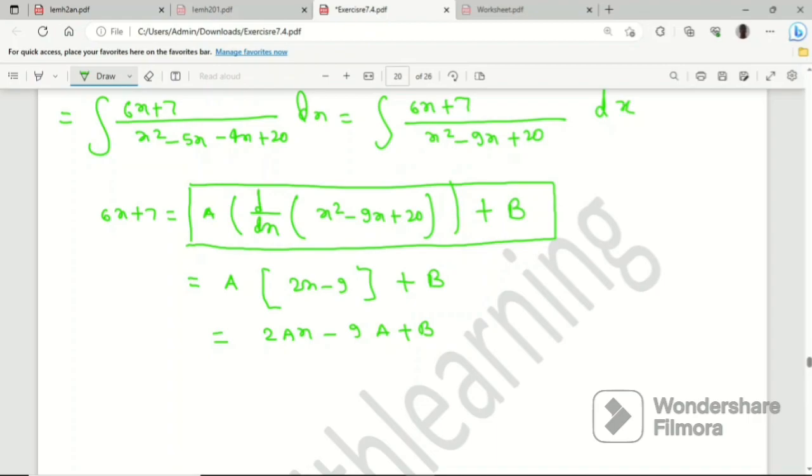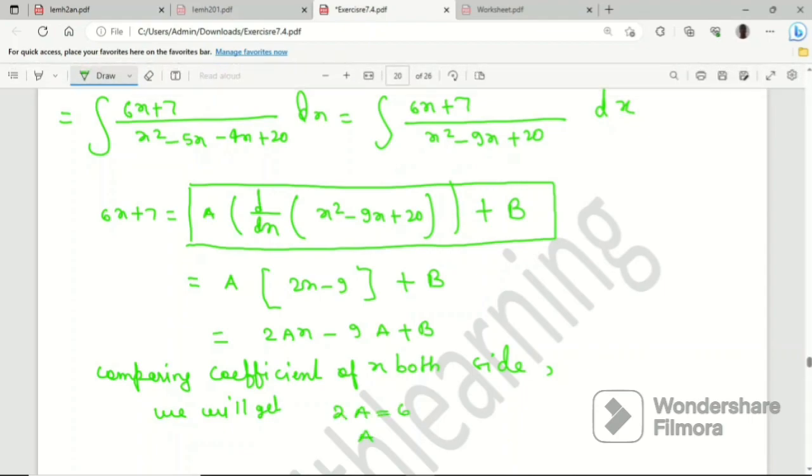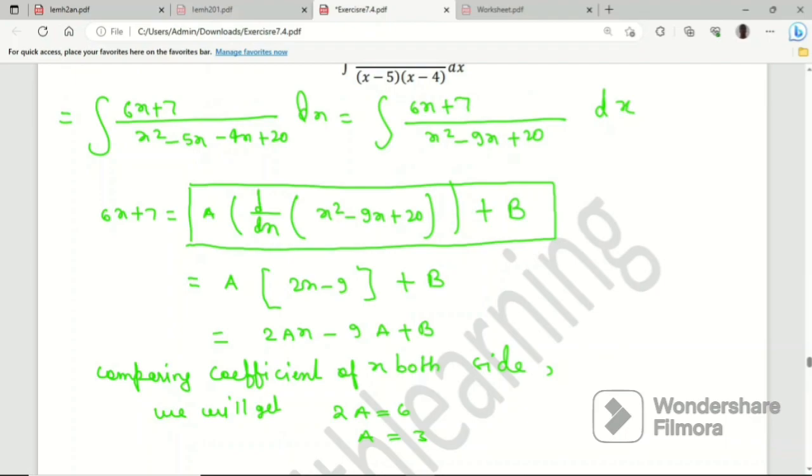So now by comparing the coefficient of x on both sides, we will get 2a equal to 6. So a will be 3. Okay, it is easier here. A is equal to 3